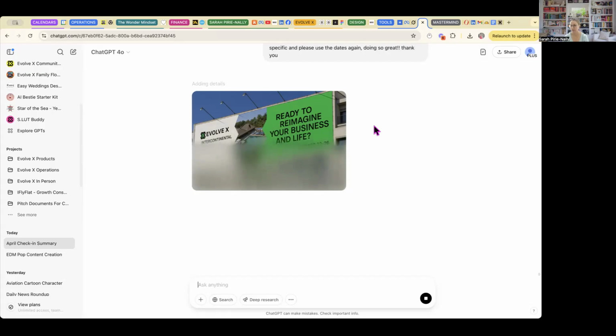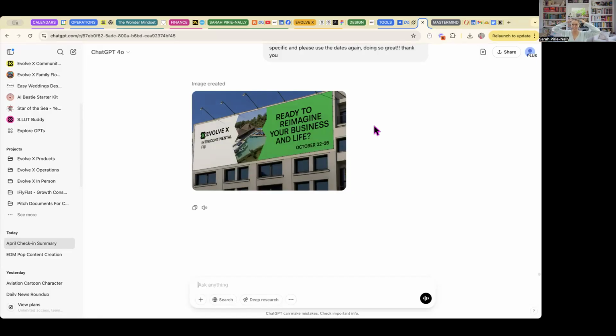Oh, it even made the design choice around where to put the date and stuff like that. I mean, that's pretty good. That is, oh man, that is pretty good. You know what? That is good enough for me to use on our Facebook,